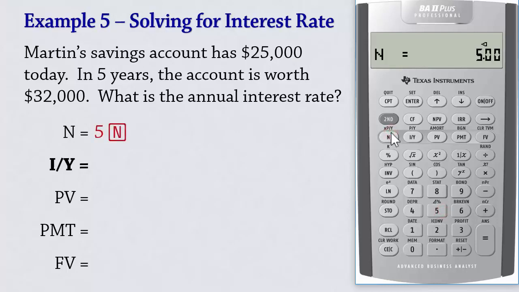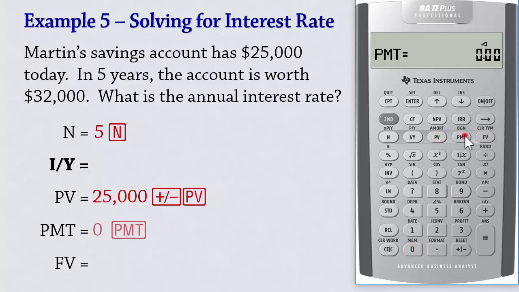5 N. We'll have to input the 25,000 present value as a negative because it's an outflow. So we enter 25,000 negative present value. We enter 0 payments as there are no periodic payments. For future value, we enter 32,000 future value and then compute the interest rate IY, which gives